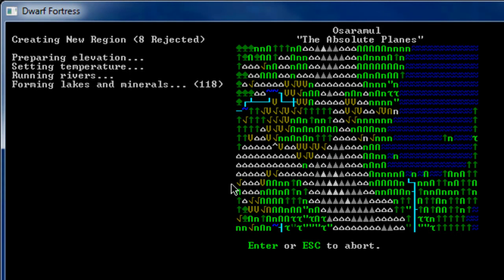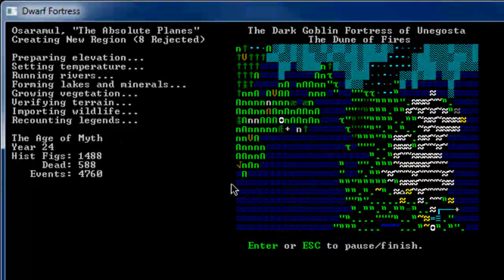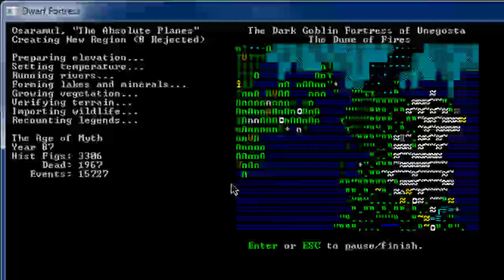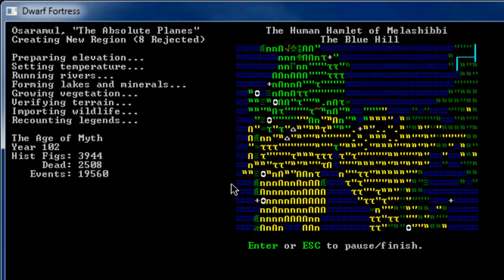And so here we go. It's building the map, and it's placing the beasts, and now it's running through the history. It's going through randomly generated events, randomly generated people, and historical figures. Some of this will come up when you start doing epic level crafting, and some of the really nice